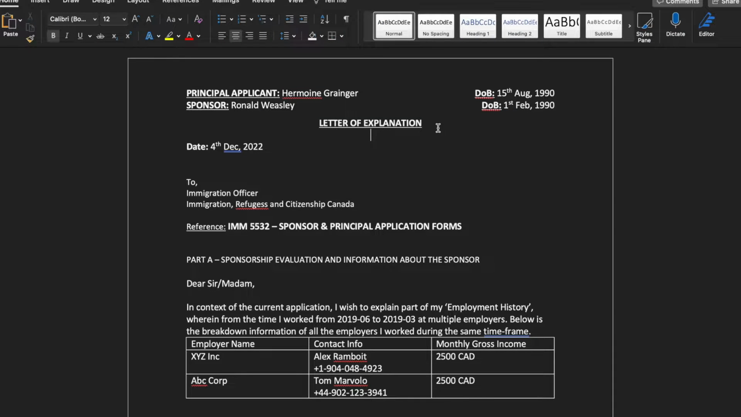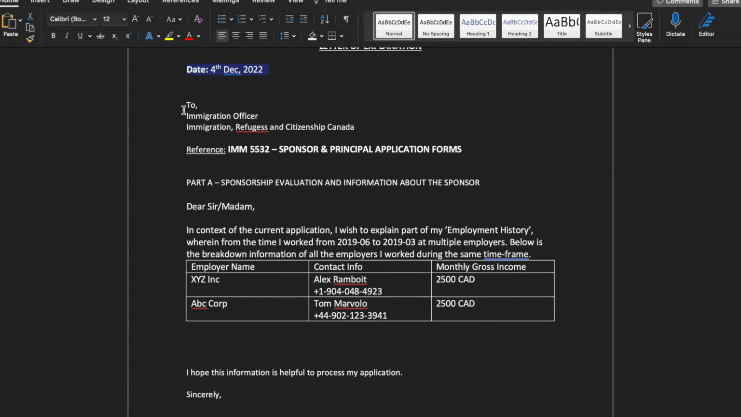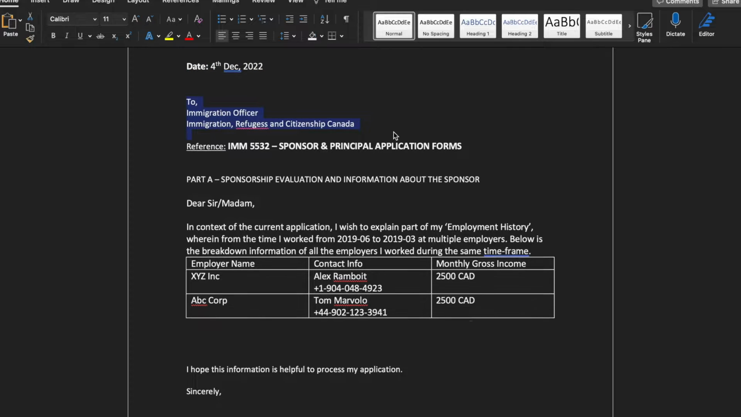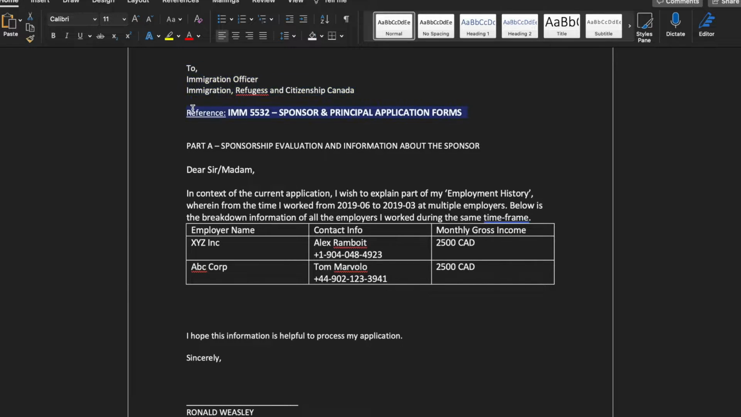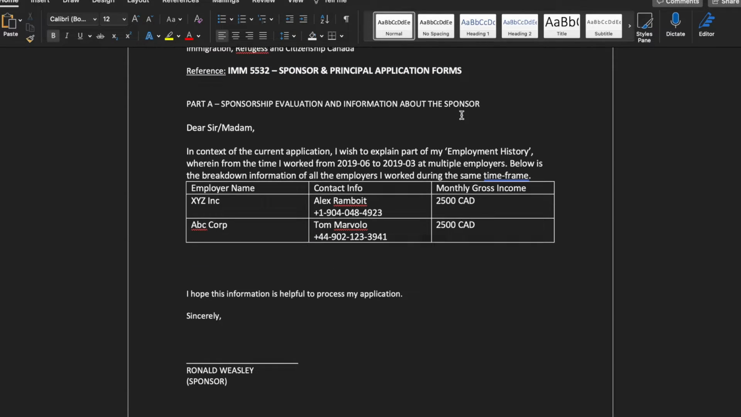In the title, write the letter of explanation, the date when it is drafted, address it to the immigration officer, and give a reference of which form this particular letter of explanation is going to be attached to. So in this case, it's IMM 5532, sponsor and principal application forms. It is relevant for Part A, and there is also a specific question, so you can just simply write Question